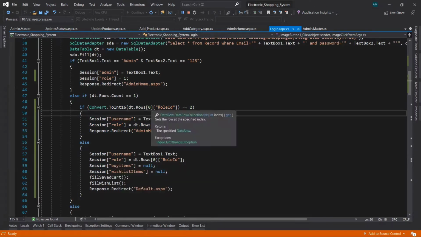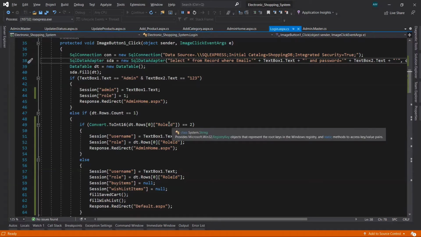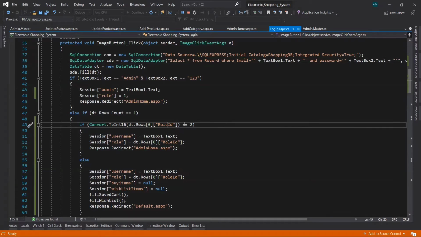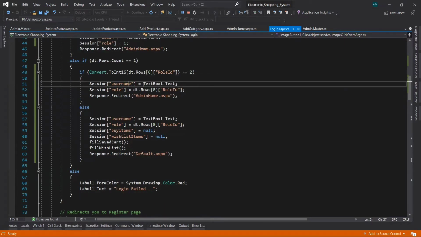Okay, so let's see what I have taken in the if part. I have first checked the role id which is coming from this data table, that is coming from this query, right? It will check if the column of role id contains 2, that means if it is a vendor, then it will create the session of username, which is the email id of the vendor stored in this username.